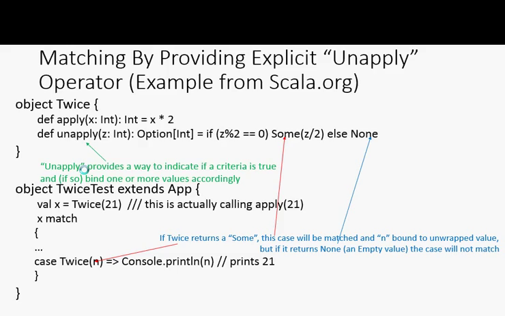So here we have construction with apply of an x, which is going to hold, in this case, 42. And then we say x match, and here we have this case which extracts of what is it twice, right? Remember, apply